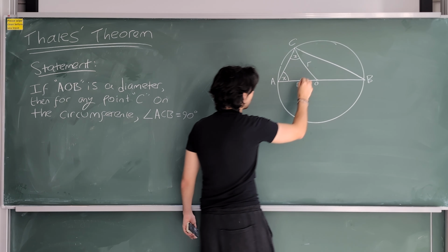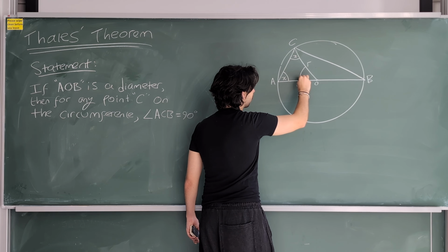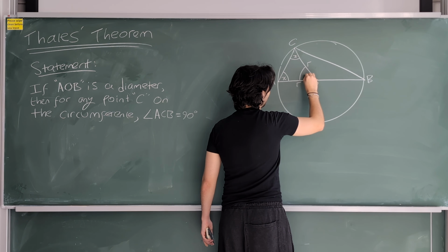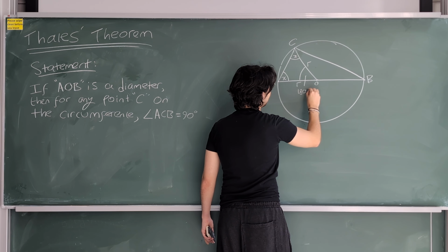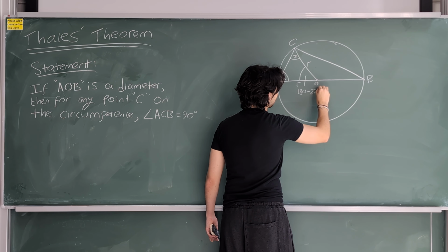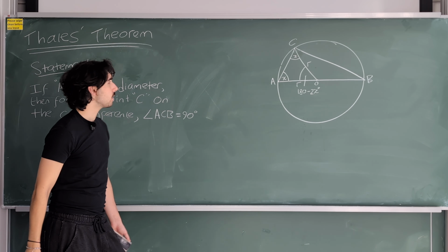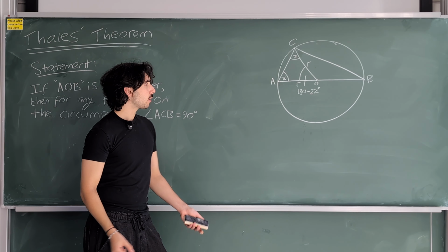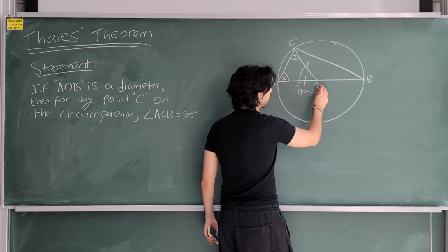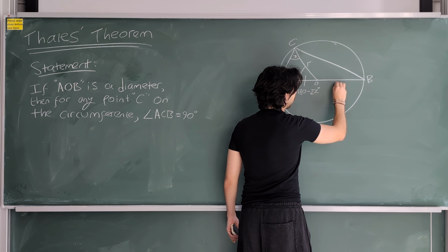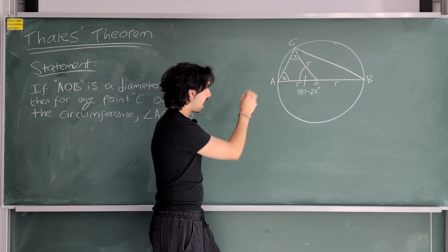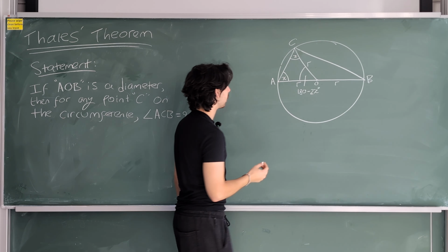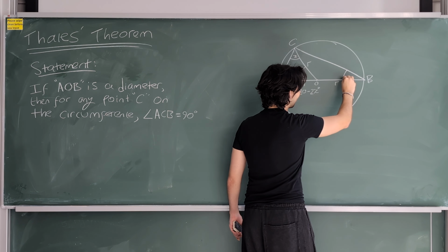That also means that this angle, because the angles inside of a triangle add up to 180 degrees, this angle here, I'll label it down here, is a 180 minus 2x degree angle, okay? So that they all add up to 180. We can now do the same thing for the other triangle. I also know that the distance from O to B is a radius of the circle as well. So that triangle there, OBC, is also an isosceles triangle,